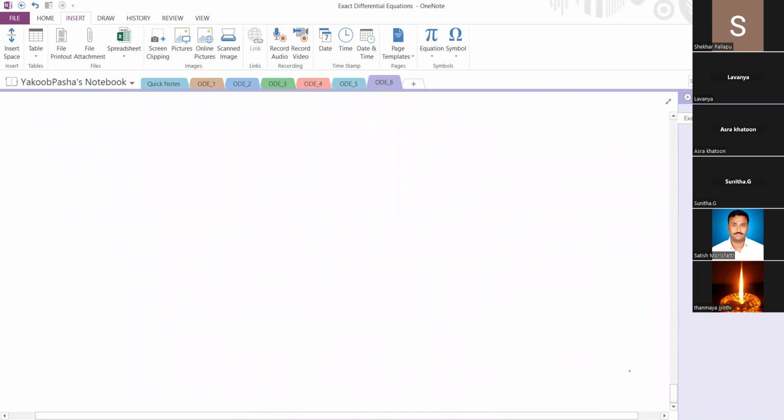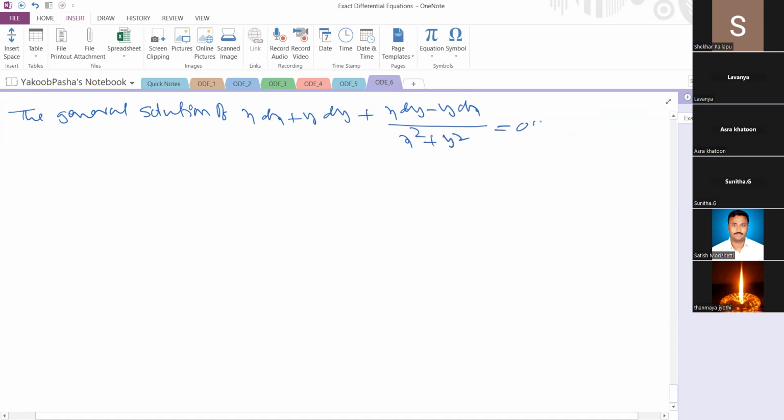The general solution of x dx plus y dy plus x dy minus y dx by x square plus y square is equal to 0 is: